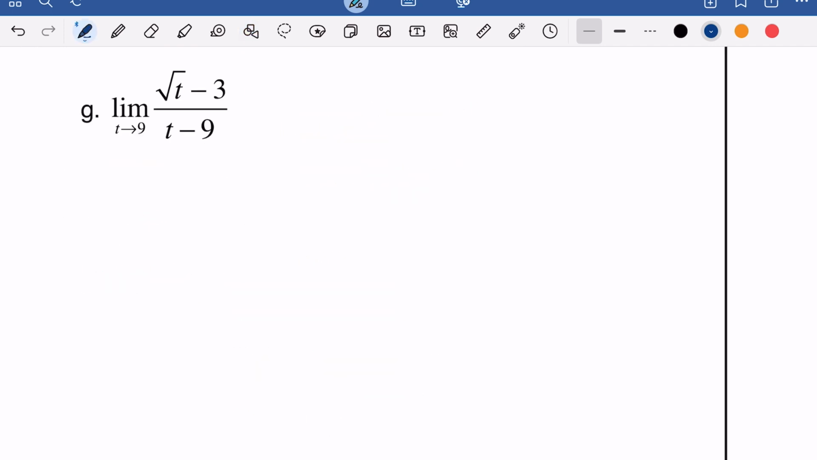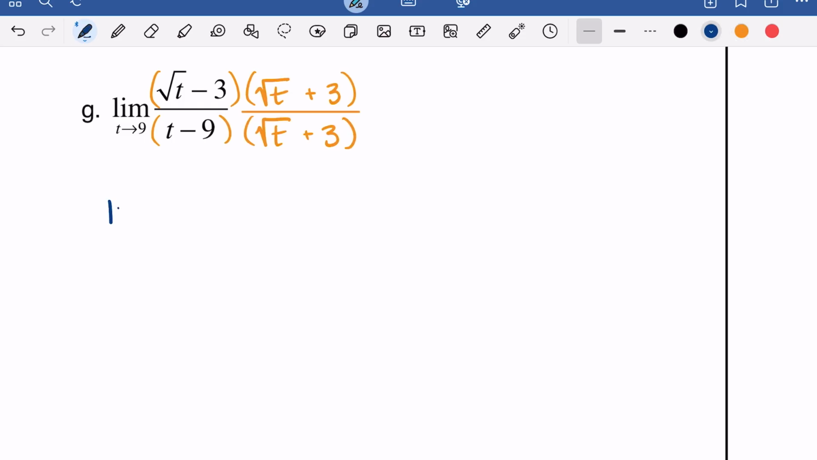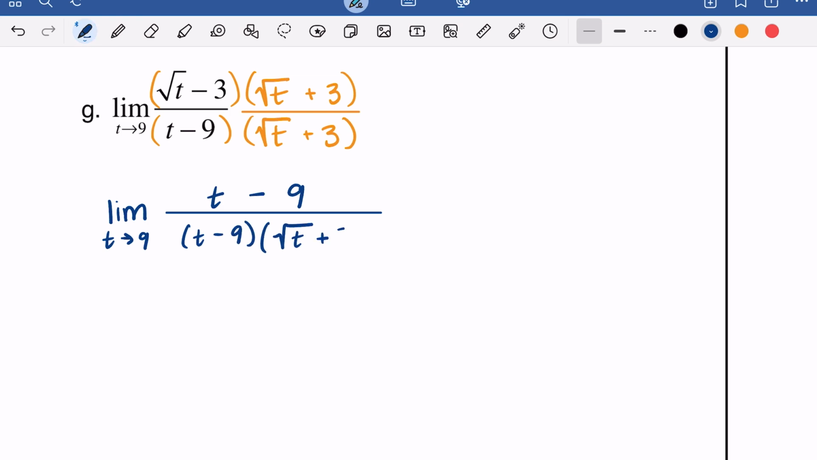In part G, you can see that t approaching 9 is not in our domain, so we're going to do the same thing we did last time and multiply by the conjugate of the numerator. When we simplify that, we don't forget to rewrite the limit each time as t approaches 9. Our numerator is going to be square root of t times square root of t gives me t, minus 3 times 3, which is 9. And again, I'm going to leave that denominator factored because I believe something will end up canceling out. I can see the t minus 9 and the t minus 9 will cancel,